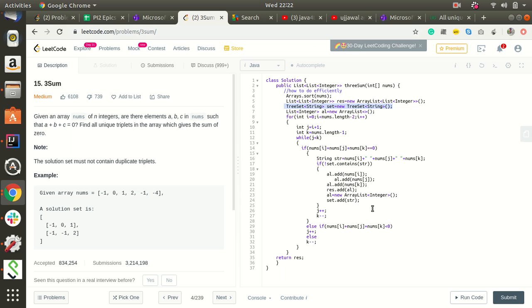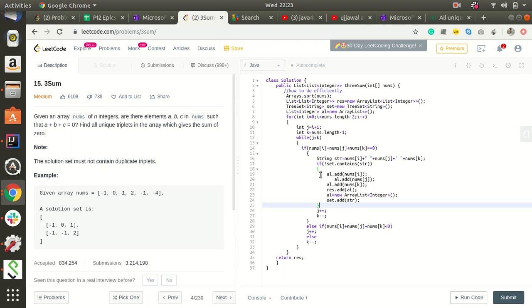Suppose -1 -1 2 is there and 2 -1 -1 is there, it will sort it and store only one element. At this point we'll check whether the set contains it, whether this is unique. Initially it is empty, so it is unique.